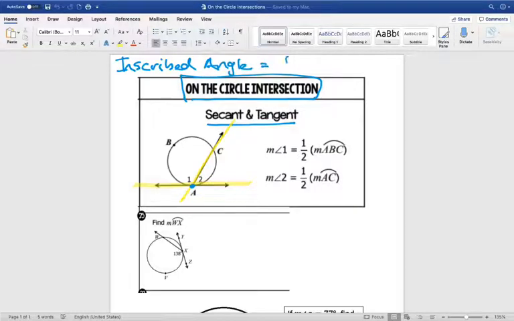And it always equals half of the arc. That's what we talked about last week. So in this picture, if we're talking about angle 1, the side of the circle that lies between that angle's